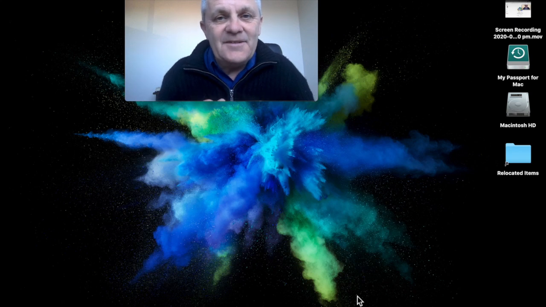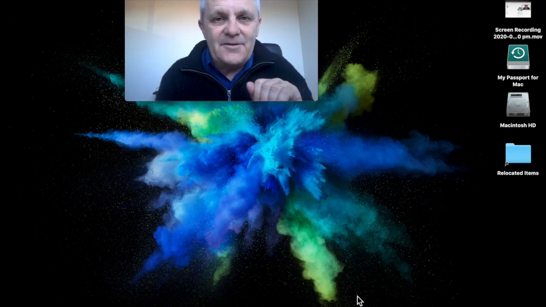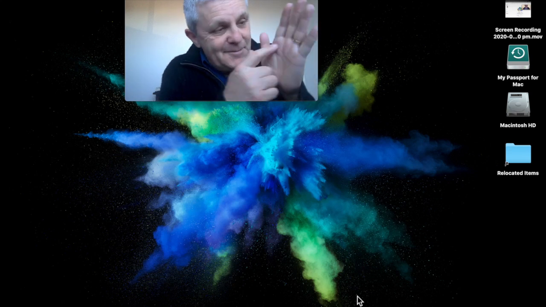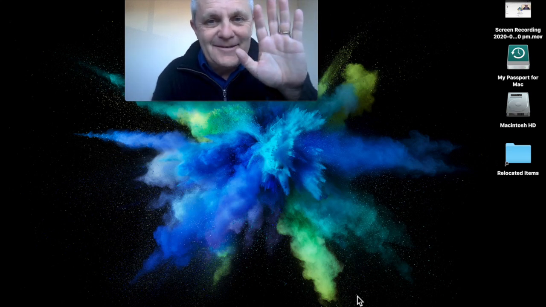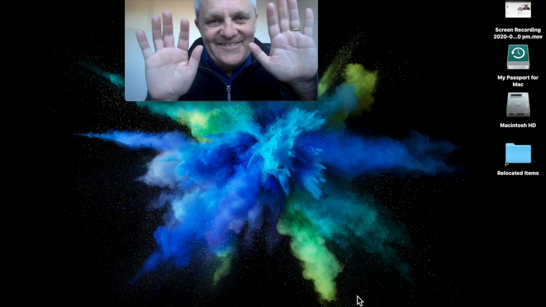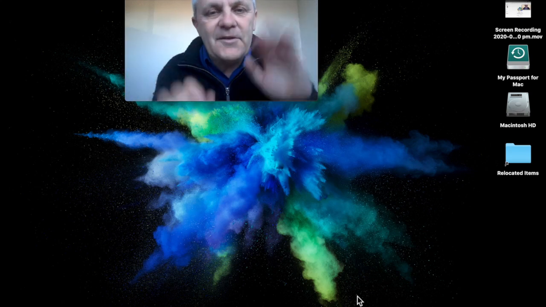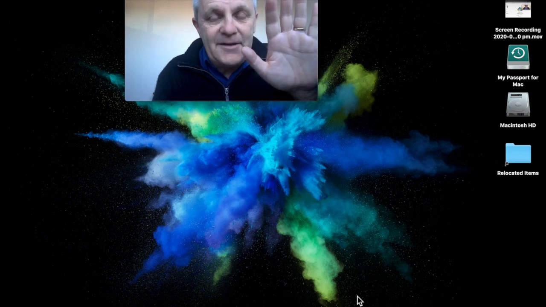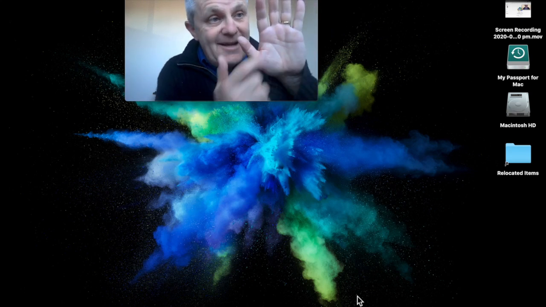In Zoom, how do you invert yourself so that your left hand looks to you like your left hand? This is my left hand, but to me it looks like it's my right hand. And this is my right hand. My left hand has got the wedding ring on it, right? So how do we swap those around so that when I'm seeing myself on Zoom, when I put up my left hand, I actually see the hand on the left?